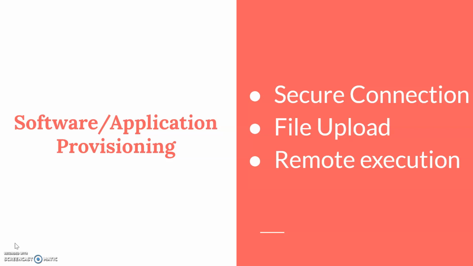So there are three ways for the configuration and file uploads. One is file upload. I want to upload my scripts to the remote server and execute some scripts on the remote server. And the other thing is the connection over this. This connection works over SSH, but you have to give a secure connection over SSH with username and password. So there are ways to configure your SSH user, and you can also configure SSH with private keys.